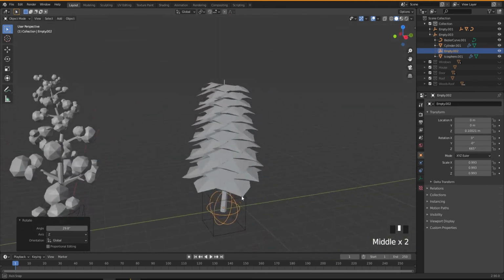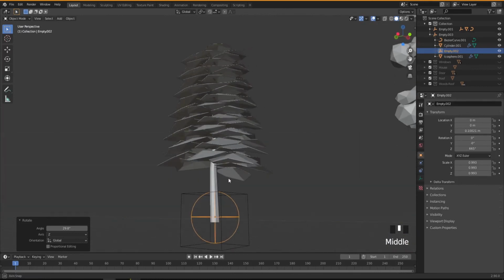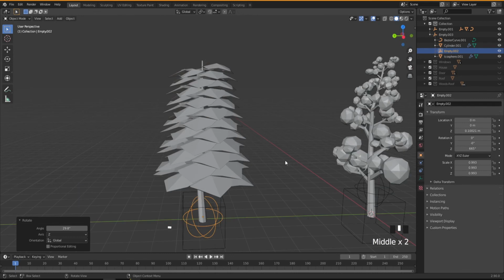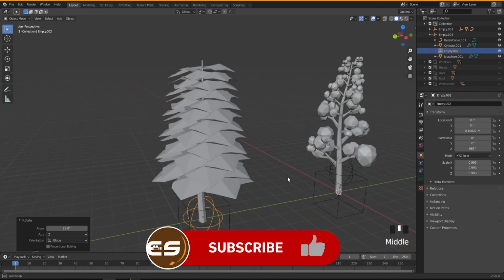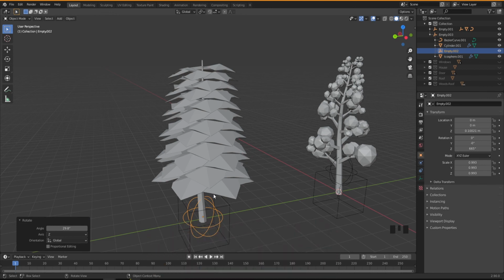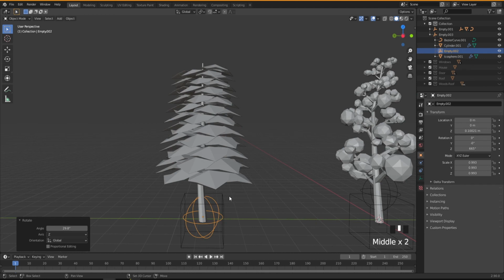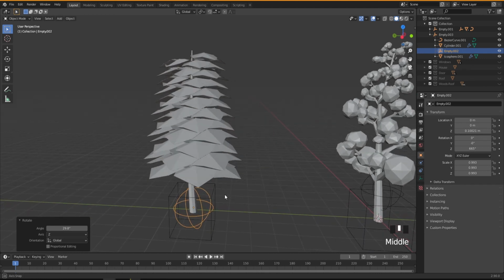But I find it looks better if you have more than just one shape. Like this one, what we have done here, we created two, one for each side, and when you put them all together, it looks better and more random.